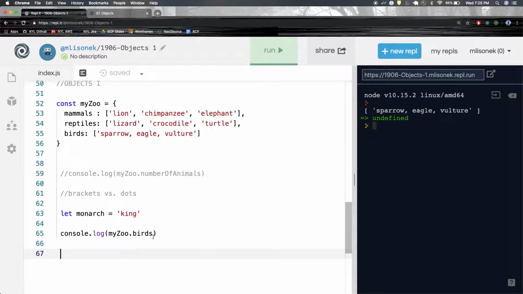Like, let's say you wanted to check, but you didn't want to say, okay, myzoo.amphibians, right? Amphibians, right? This is going to be undefined. If you try to access a key of an object that doesn't exist in that object, you're going to get undefined, right? But what's the point of checking something where we're expecting a result of undefined? I mean, you could. I do that all the time. But you could also do